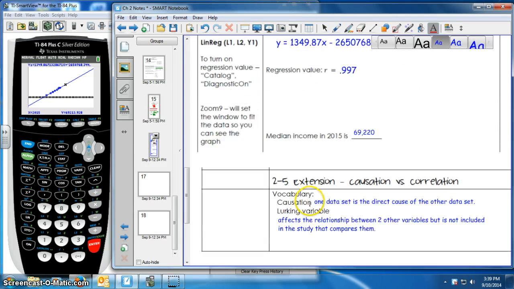All right, so last thing we're going to talk about is just 2 vocab: causation, in one data set, is the direct cause